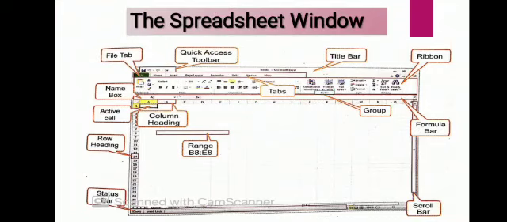Now see this picture. This picture shows the complete spreadsheet window. A workbook is also called a spreadsheet. The workbook is a unique file created by MS Excel 2010. Now the first component is the title bar. The title bar displays both the name of the application and the name of the spreadsheet. See, it is given as Book 1 Microsoft Excel. Microsoft Excel is the application name and the book name is given by default. You can rename it while saving it.